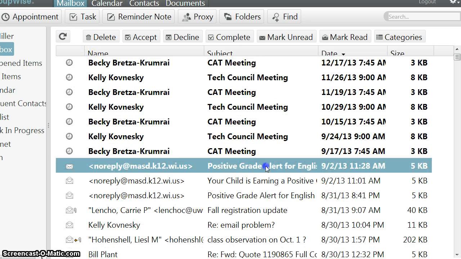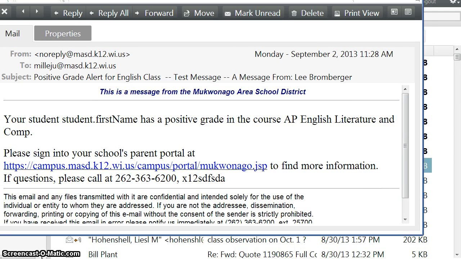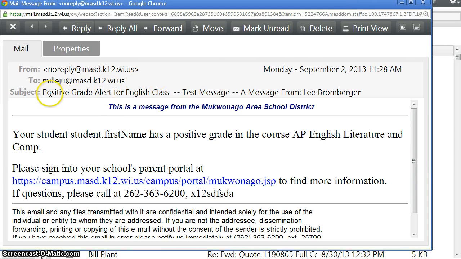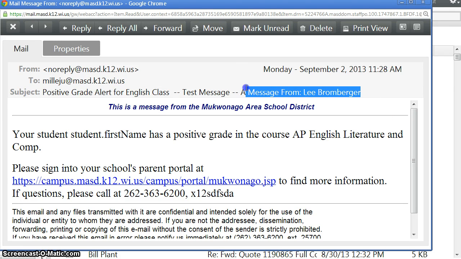There's the positive grade alert for English class. Whatever you see here is what your parents are going to see. So I can confirm that it has the appropriate subject line. There's the teacher name automatically added at the end of the subject line. I have the changes to the wording here. There's the link to the portal. Everything's looking good. Now that I've actually seen what the parents are going to see, I can go back to Infinite Campus,